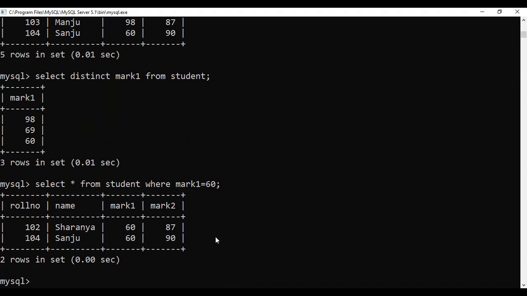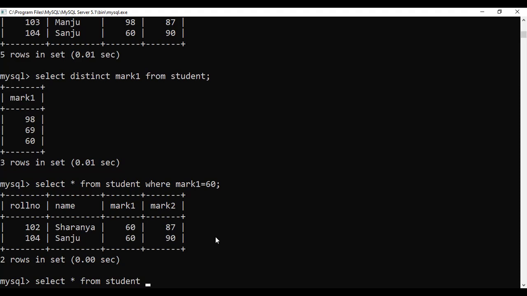Now, if I just want to add 5 marks to mark 1, what will I do? Select star, 5 marks or 2 marks I'll give. Select star from student where, or that we can do with the update only, that I'll show you.